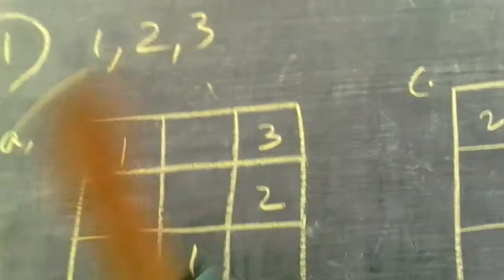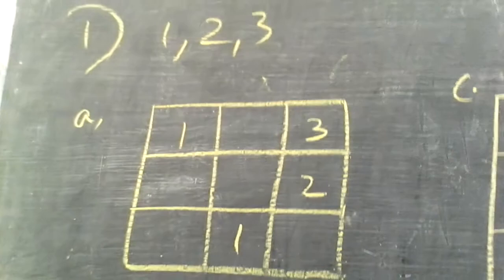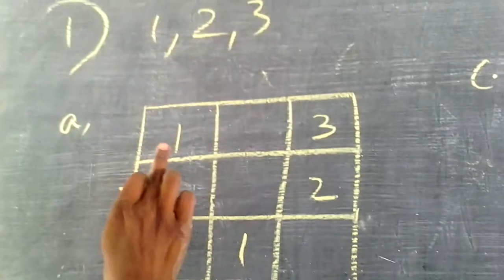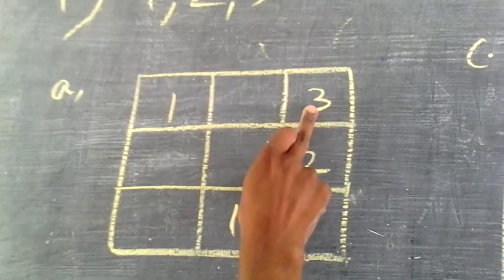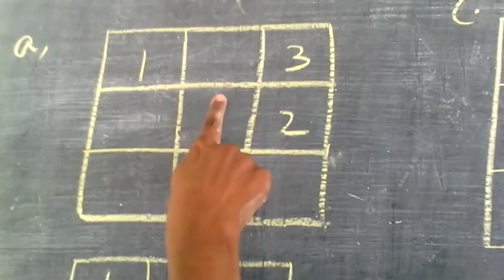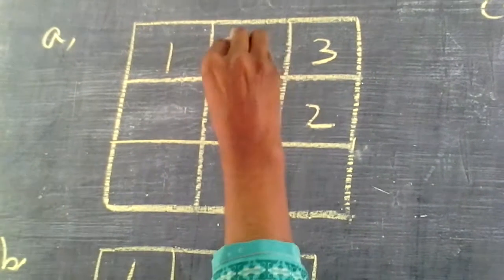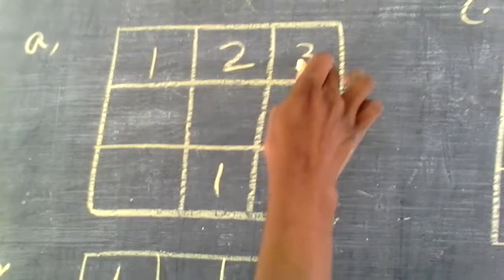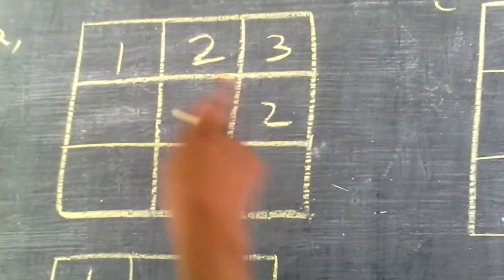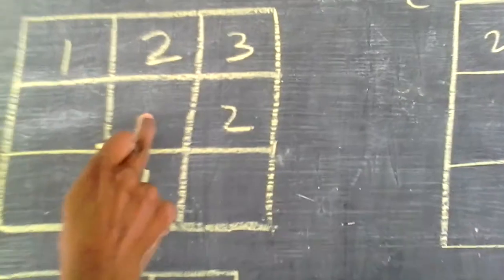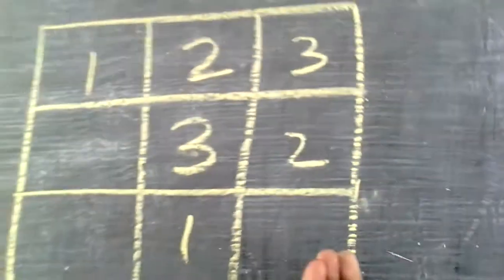Now we will solve the exercise. One by one we will solve. Right? Let's start. So again number is 1, 2, 3. We should not be repeated again and again in the same place. This is what they have given in your exercise 1. The A box, B box, C, D you have to complete it. See 1 is there, nothing, and here 3 is there. I am guessing, I am imagining, right? I am imagining here definitely 2 has to come. 1, 2, 3, we got it. Then here 1 is here, 2 is here also 2. So definitely 2 should not come here, 1 should not come here. So 3 will be coming here. Right? That's the imagination.